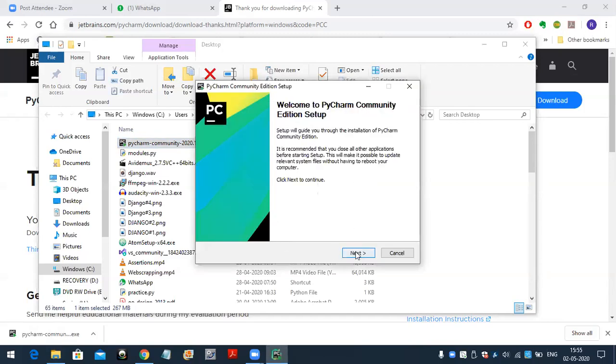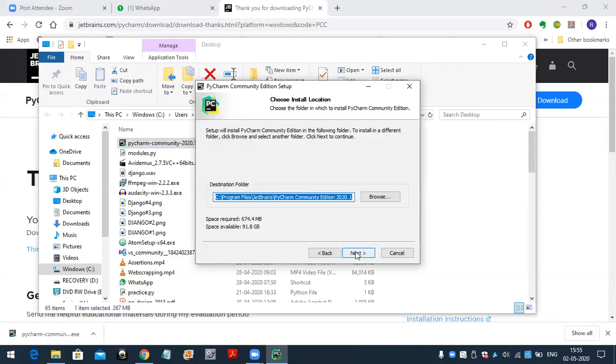Click on next. See where we have that PyCharm, it is showing there. Click on next.